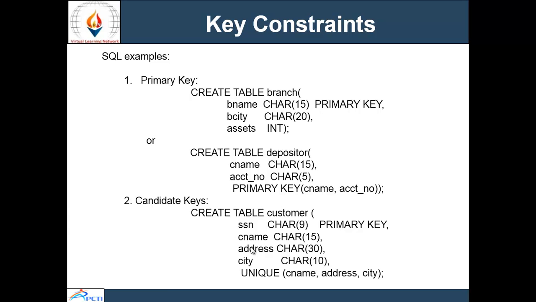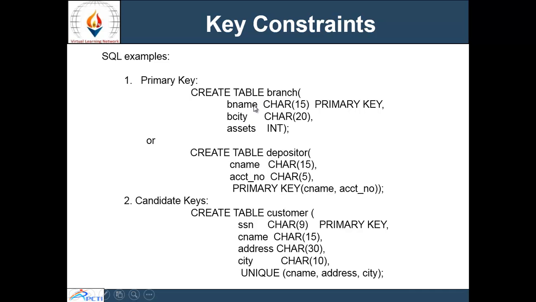Whenever you want to create a table by using the SQL command, you have to specify some things: the name of the table, then the names of the attributes, the data type in which the values of the particular attributes are stored, and the constraint. For example, CREATE TABLE is a command, and if you want to create a table named branch, then we give the command CREATE TABLE branch. Then the field names are branch name, branch city and assets.